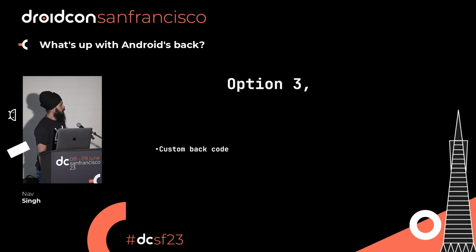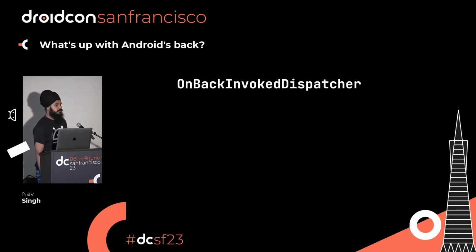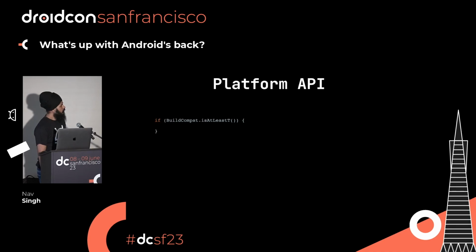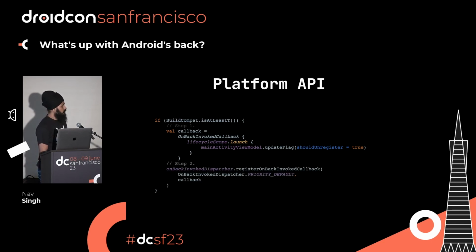And option 3, when you have custom back code and you are not using AndroidX in your applications, in that case we have OnBackInvokedDispatcher, which is a platform API added in Android 13. And again, this is the limitation, the opposite side of when we cannot use OnBackPressedDispatcher. You need to manage the back functionality at multiple places. You need the onBackPressed method for your older versions, and then for API 33, you need to actually